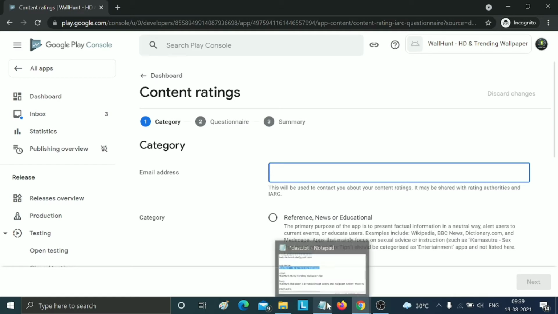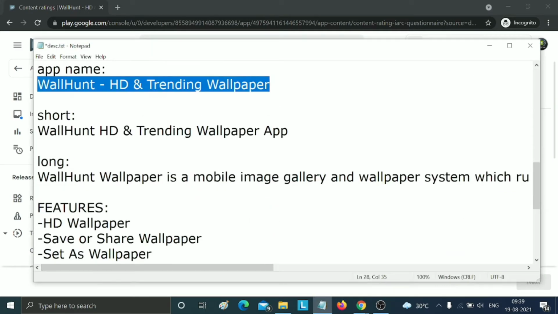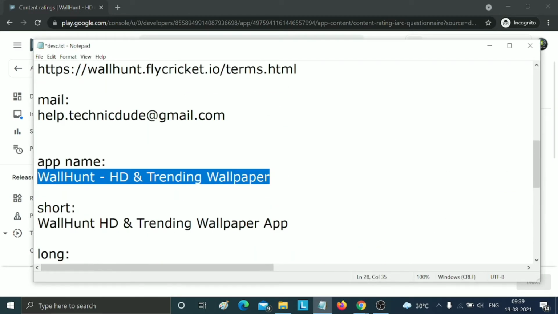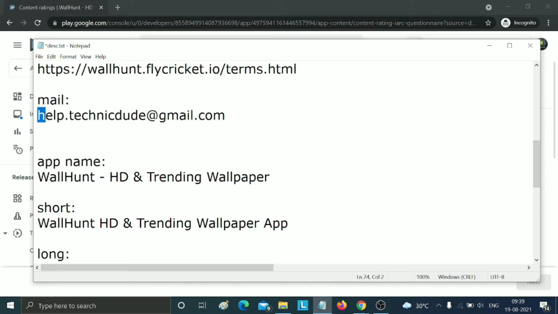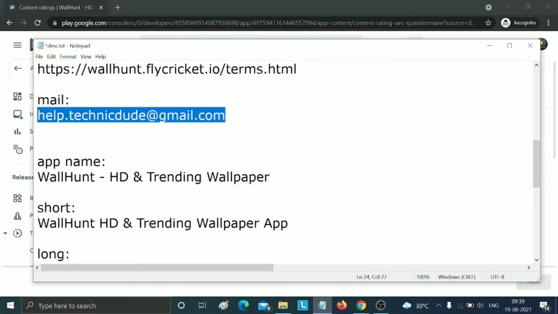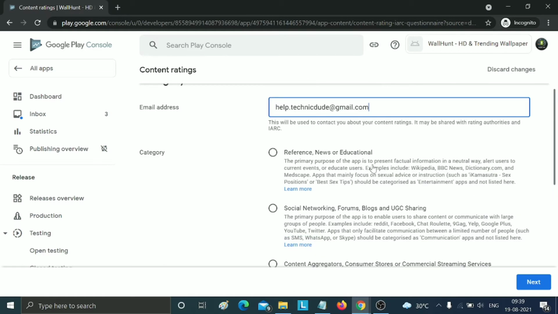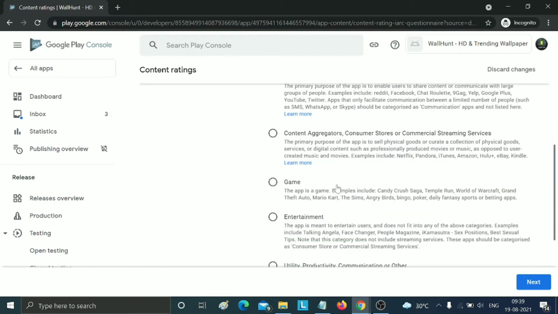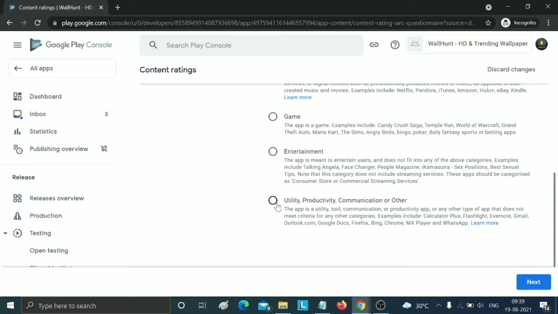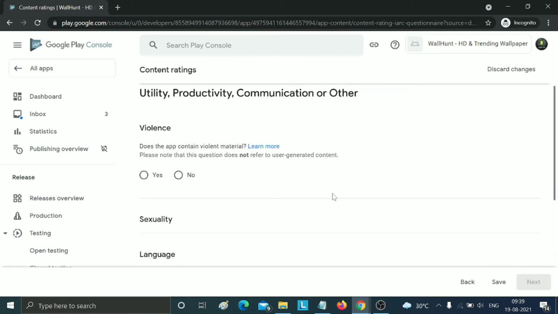Now we need to add the email address where you want to get updates when your application is updated or when your application goes live on Play Store, then you get a notification in that mail ID. So add this and add the category according to your application. So my app is a wallpaper application. Just click on the last option and click on next.